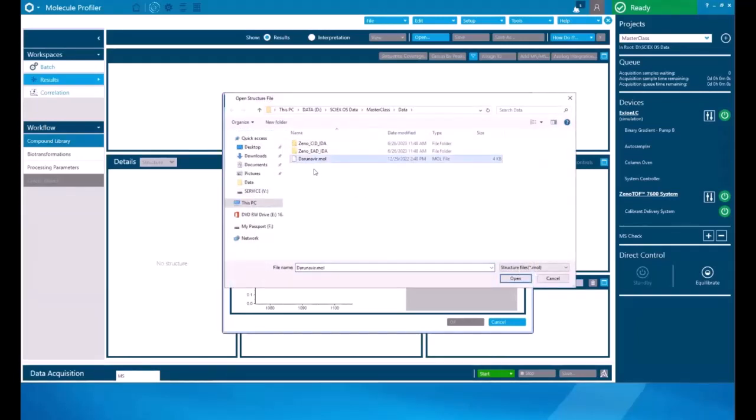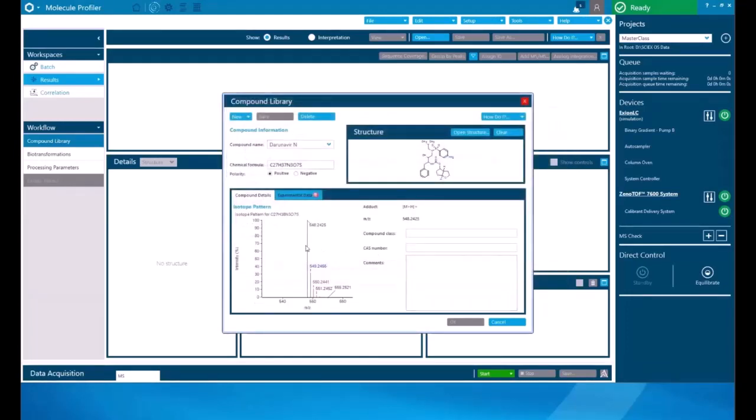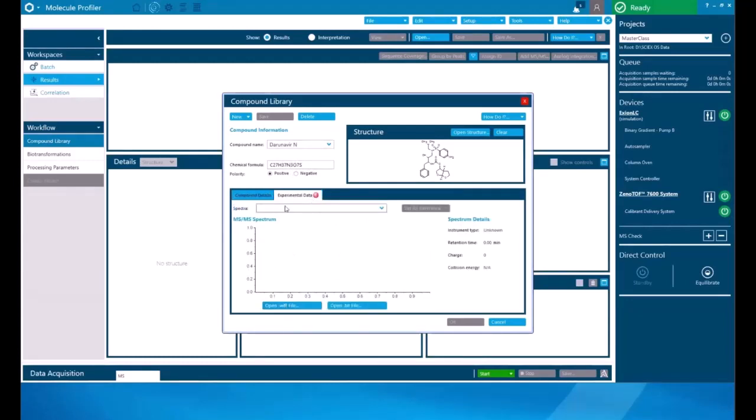You need to have a mole file to load it into the molecule profiler software. And when you click on the mole file, you can see it will draw a theoretical isotopic pattern. And it also gives you the chemical formula. And then with the experimental data, you can